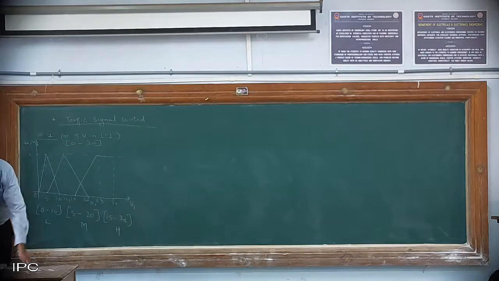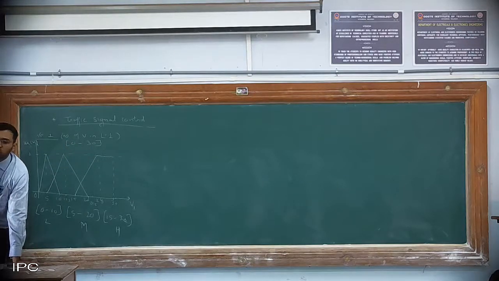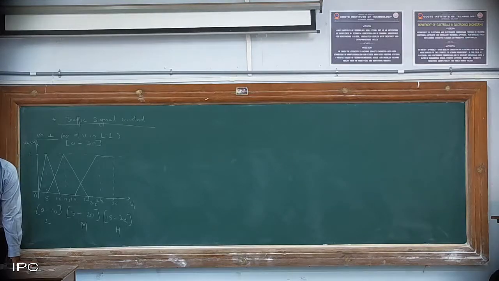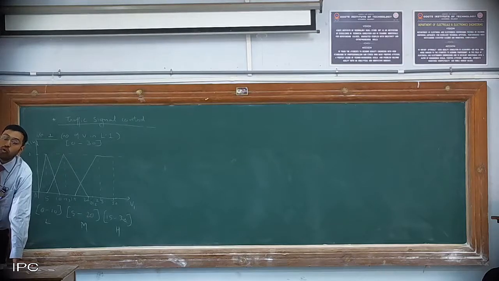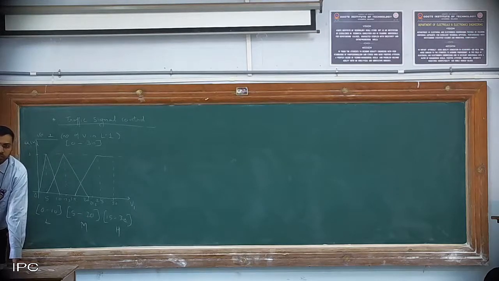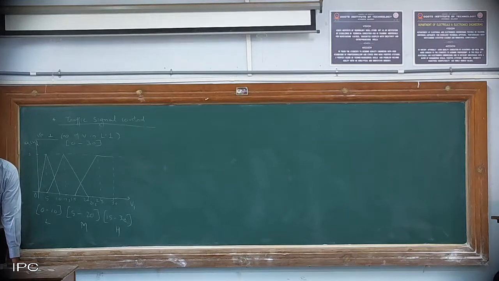The same thing which we had discussed when we were talking about temperature. 30 degrees or 35 degrees is a high temperature. But 25 degrees, you cannot say it is a cold temperature, right? We are approaching it, but its membership value should be lower compared to its peak value. Let us say 10 degrees is cold temperature, and its value is 1. Yes or no? So what should the value of 15 degrees be? Less than 1, right? Fine. So that is what we have done now.